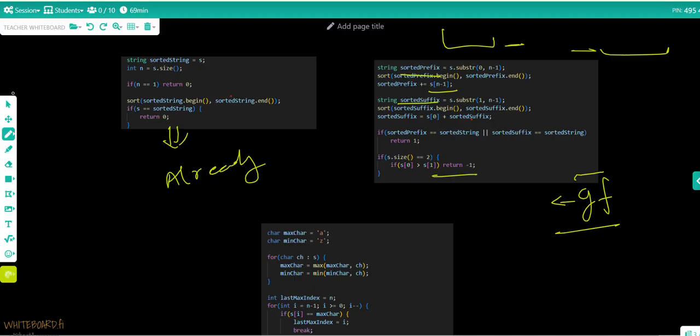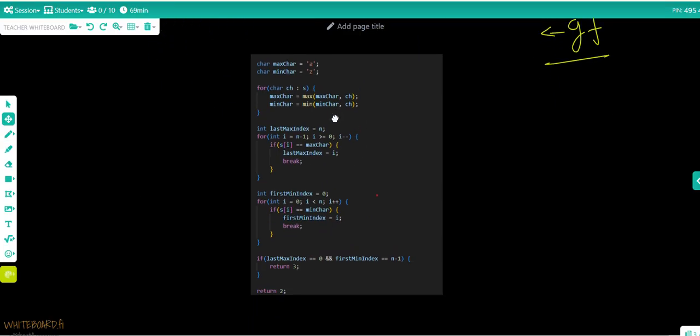And for the other cases, for the last third one, we just need to find the minimum character and the maximum character. Maybe in the string there are more than one minimum and more than one maximum.